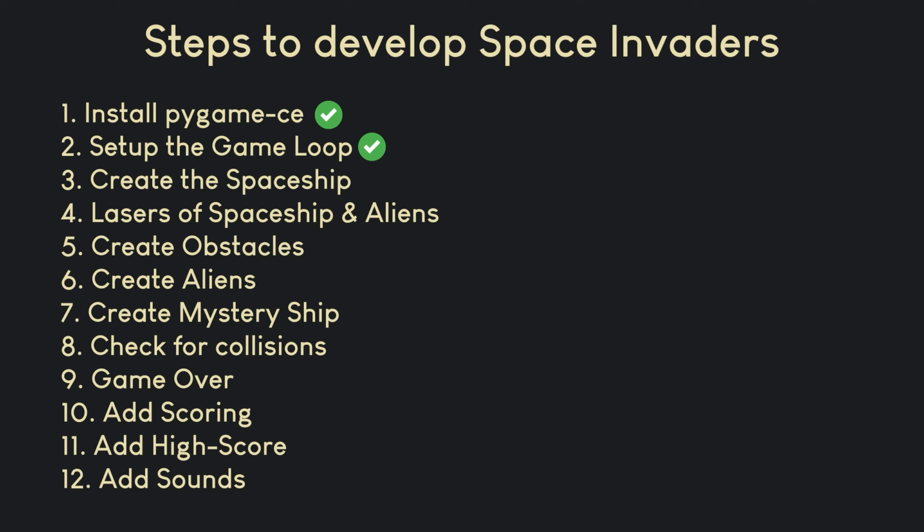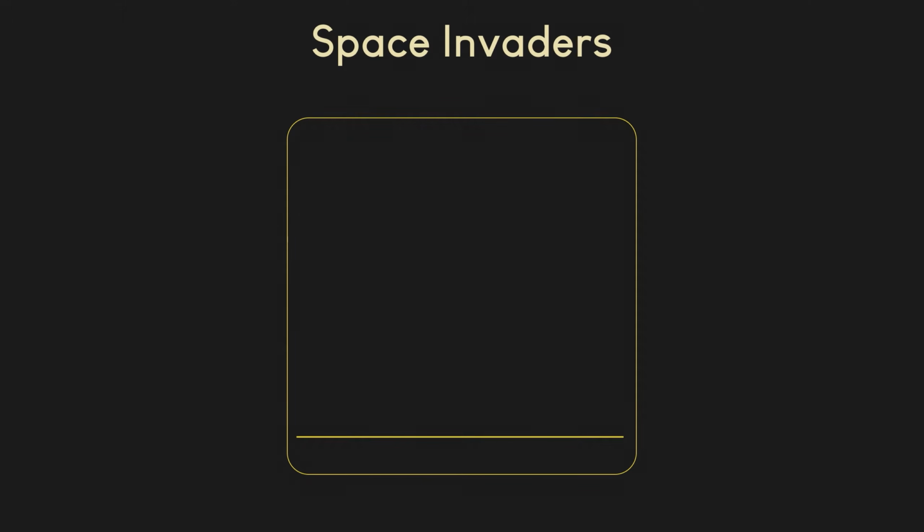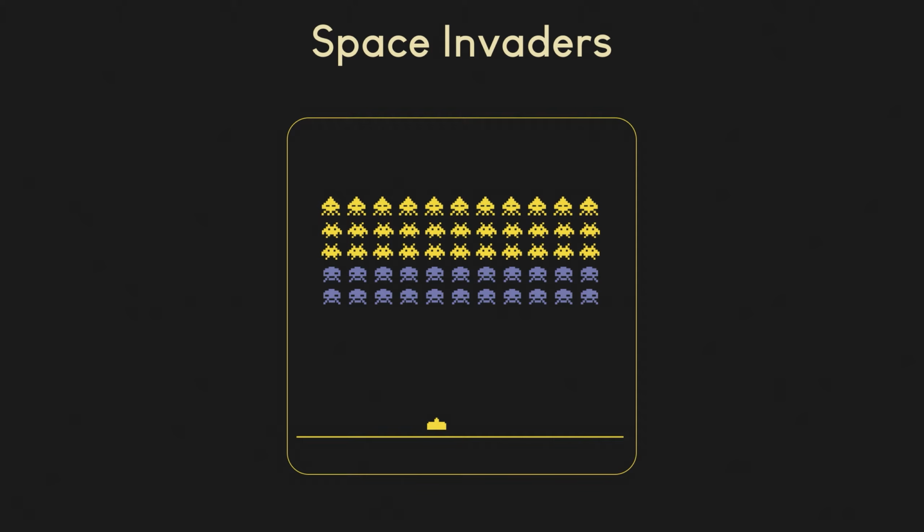To prepare for writing code, it is important to take a step back and think through the game logic thoroughly. In Space Invaders, we have several game items, including a player-controlled spaceship, descending alien invaders, and defensive obstacles. The goal is to protect the spaceship from being destroyed by the alien invaders while shooting them down to earn points. As the game progresses, the aliens descend closer, increasing the challenge. From time to time, a mystery ship appears, and the player can hit it to earn more points.